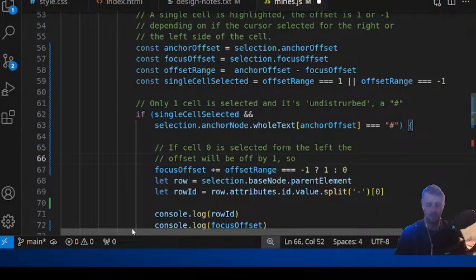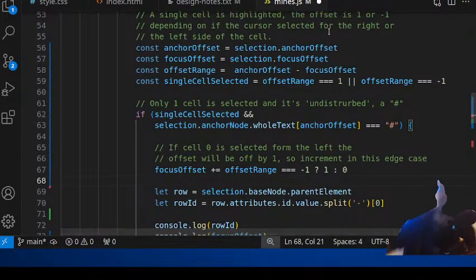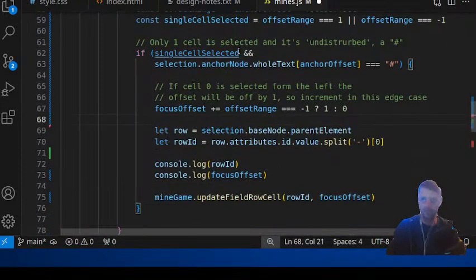So, because nobody would know why that's there. Focus offset plus equals the offset range. If it's -1, you add 1. Otherwise, don't add anything. So now if I save that,